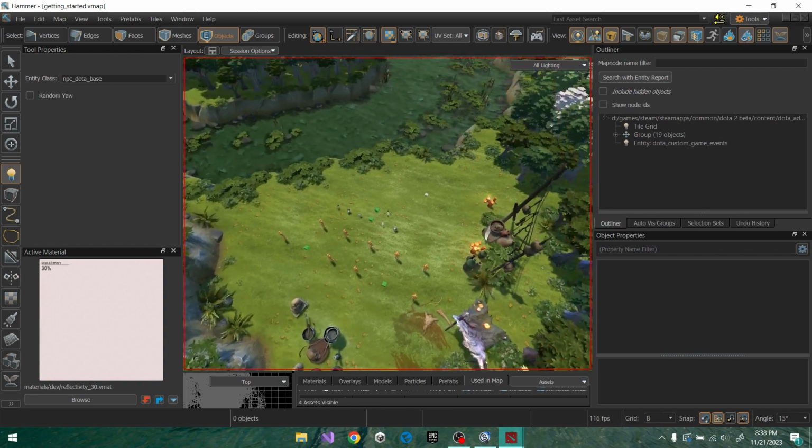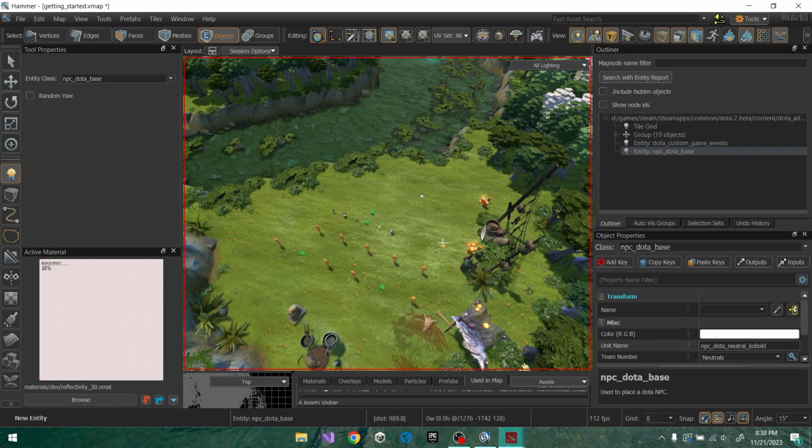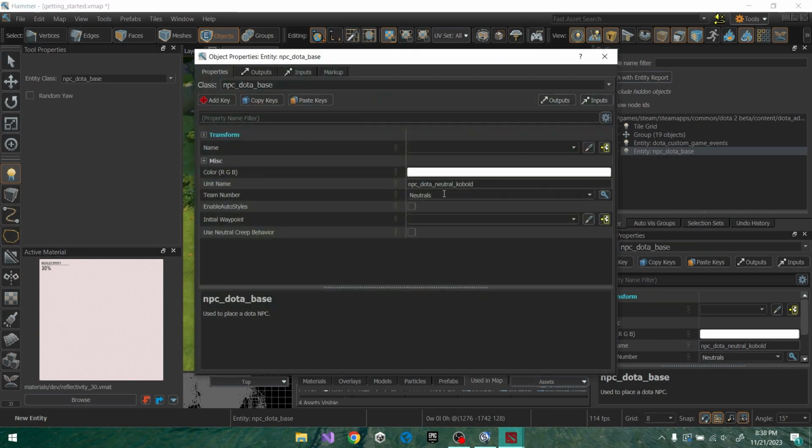So let's first create a Dire and a Radiant creep to find in the game. I'm gonna spawn here. As you can see, it's a point in the space. Double click. Now, by default, npc_dota_base is a class which is the entity responsible for spawning the unit. So all we have to do is modify this unit name. By default, it's npc_dota_neutral_kobold. I want to change it to the